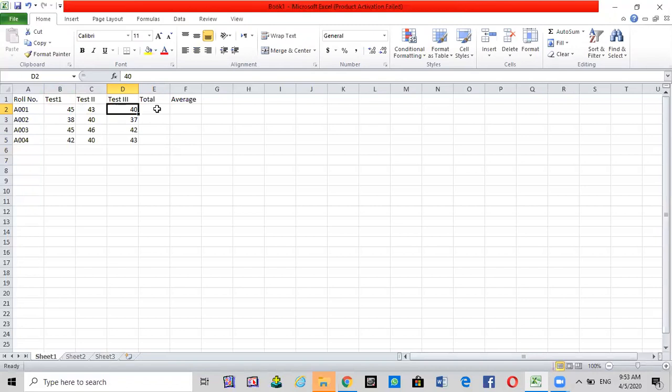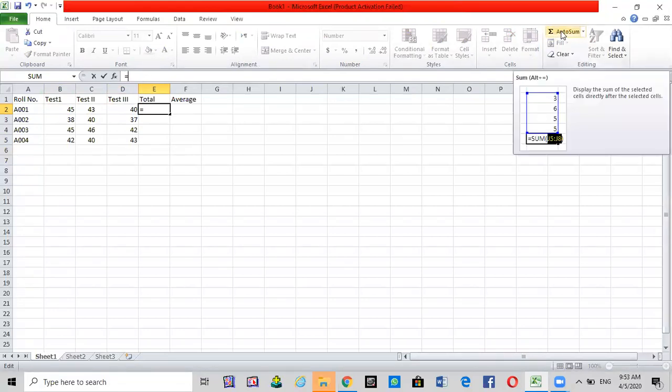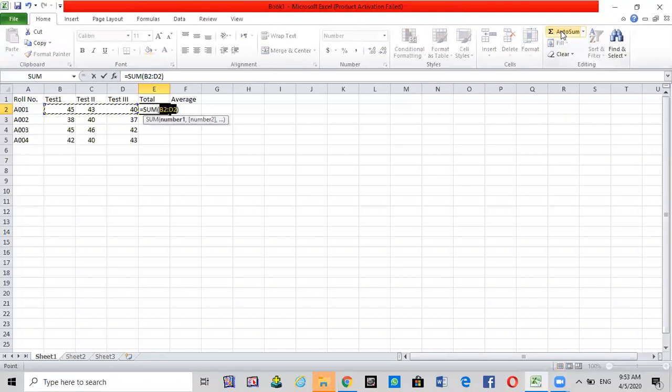For this, I have to choose the cell where the sum or total will be displayed. Then I will go to the AutoSum function and click on it. And you see that a boundary is displayed around the numbers which will be used to find the total.